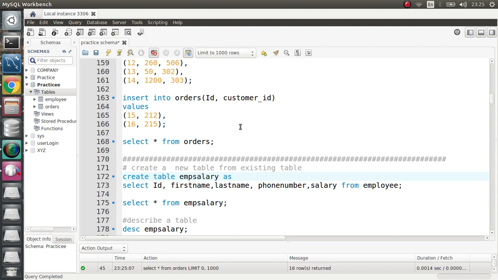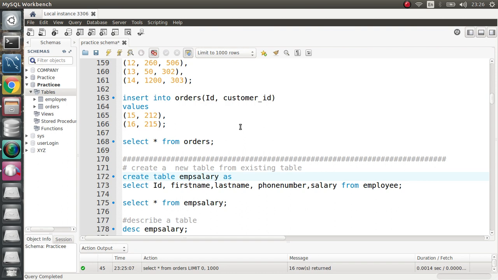So I want to talk a little bit about some of the SQL operators. During these things we'll proceed with some SQL operators as well. So what is an operator? An operator is nothing but something that performs an operation between two operands. There are four types of basic operators: arithmetic operator, comparison operator, logical operator, and